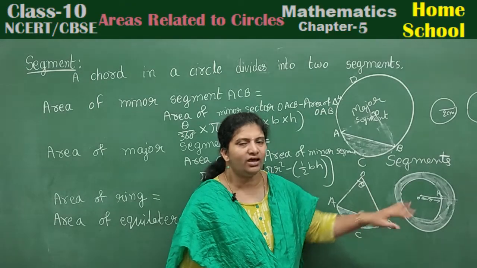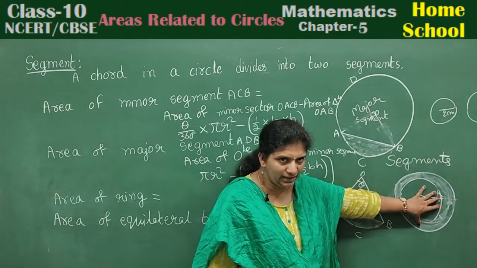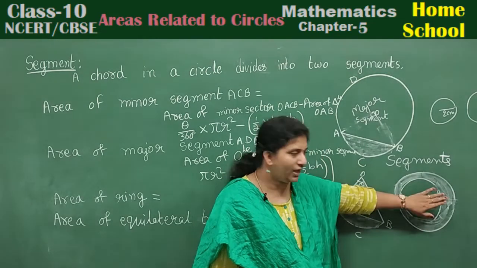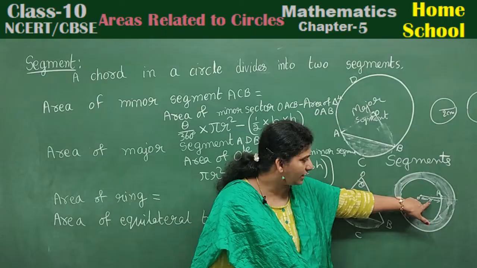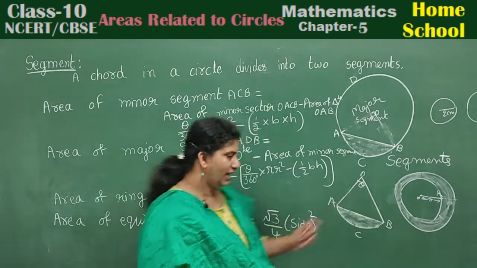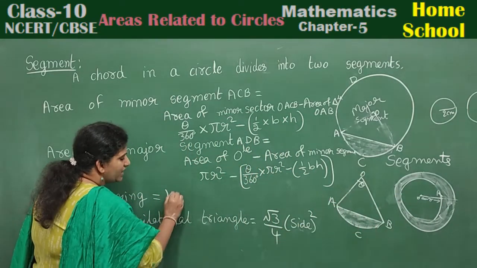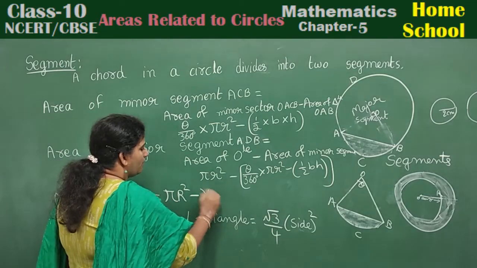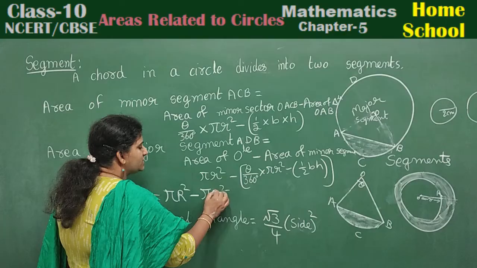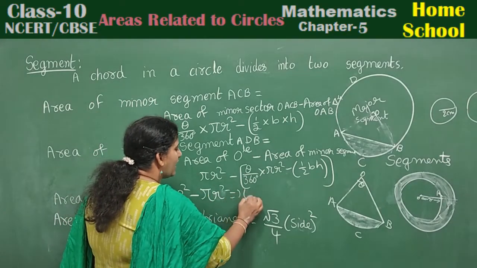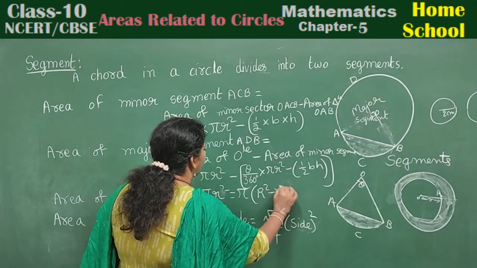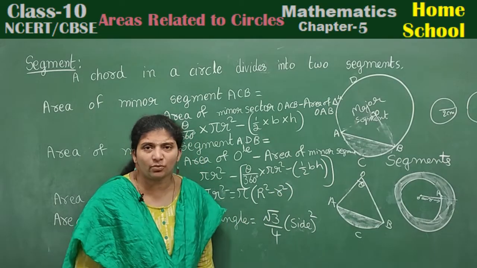Understand here carefully. Area of big circle minus, you remove the circular part. Area of this circle, where the circle radius is small r. That is, area of big circle pi capital R square minus pi small r square. You can rewrite this as, take out pi common, pi into capital R square minus small r square.